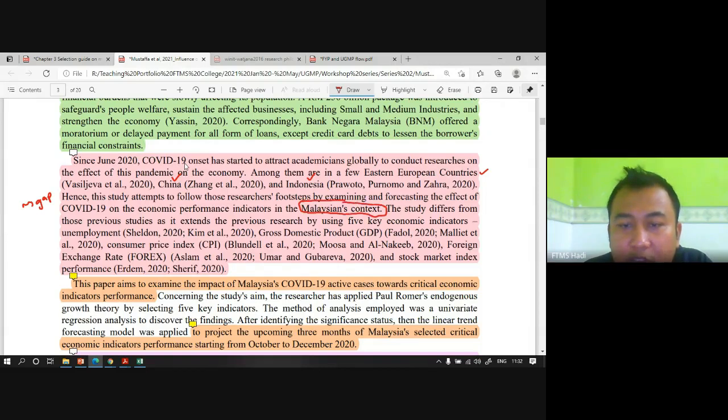Why am I doing this one? Because there is no mention of Malaysia. I'm just continuing their work from Vasilijeva, Zhang, and also Prawoto, Purnomo, and Zahra. So this is my gap. I'm extending the study by covering other places. So that is one of my gaps. Here I only highlighted one gap, but for your FYP and UGMP it is up to you. You want to do one, two or three, also can, no problem, as long as